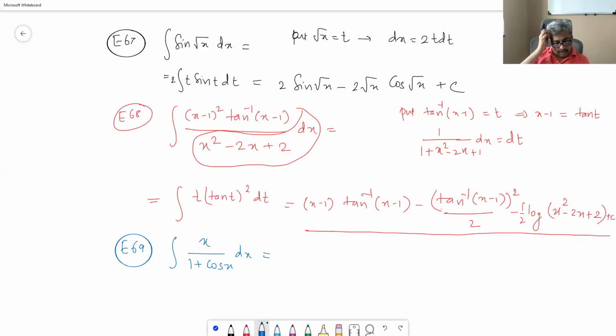Okay, answer seems to be x tan x by 2 plus 2 log cos x by 2 plus